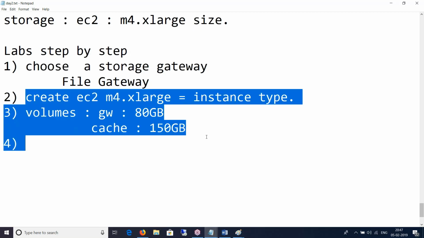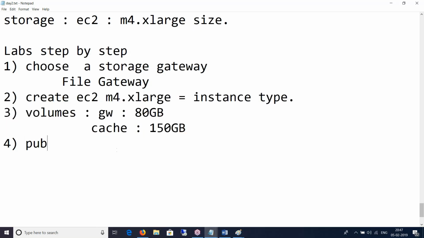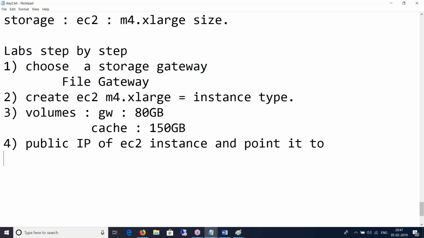So once this is completed, you will have the gateway created. You then have to pick up the public IP of the EC2 instance and point it to the storage gateway. You're telling it that your storage gateway is that EC2 instance by pointing the public IP to it.